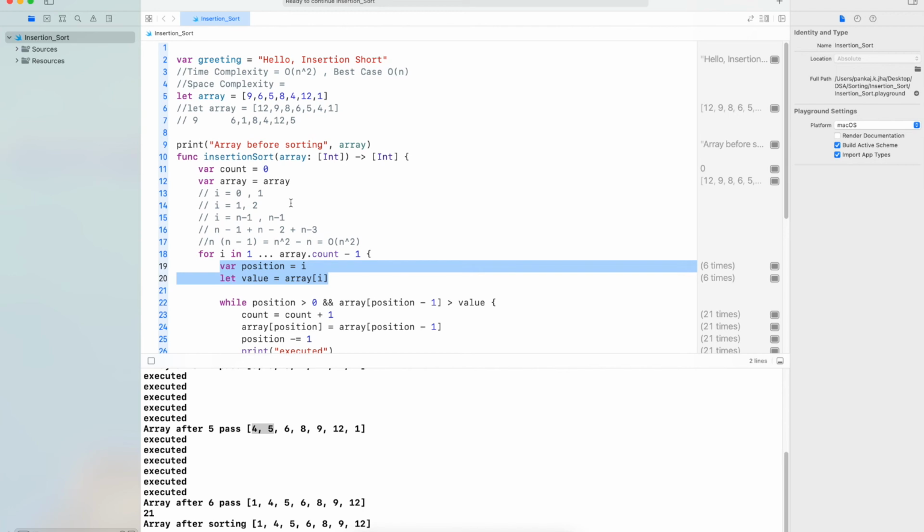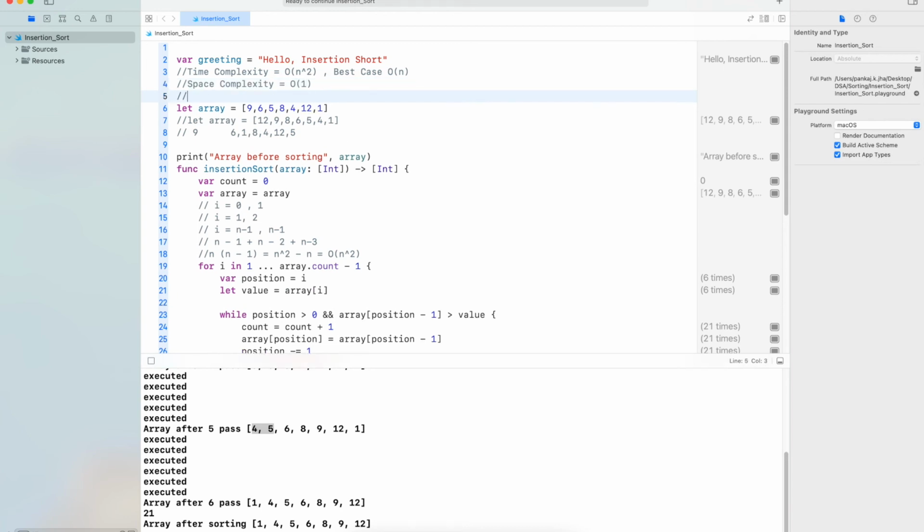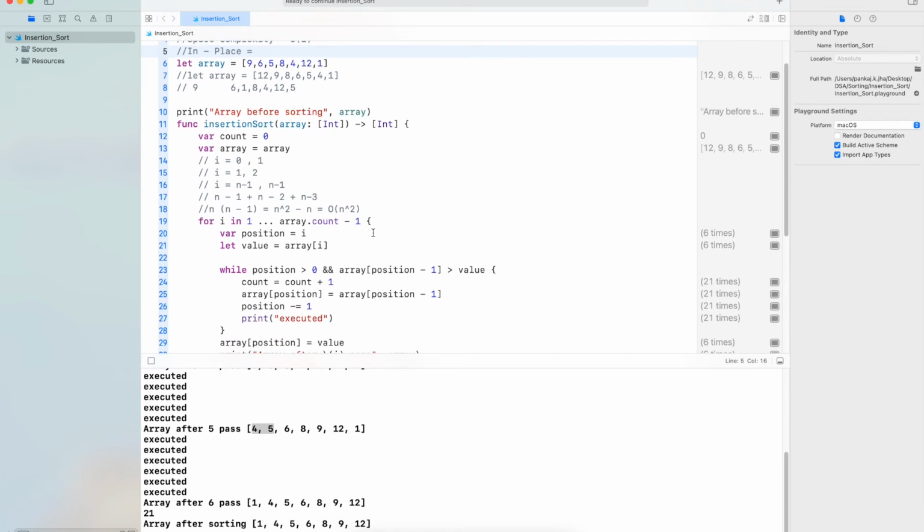Whenever the amount of space is constant for the execution, the space complexity is big O of 1. Then the next is whether this algorithm is in place or not. For an in-place algorithm, we initialize or use a constant amount of variables or memory places.